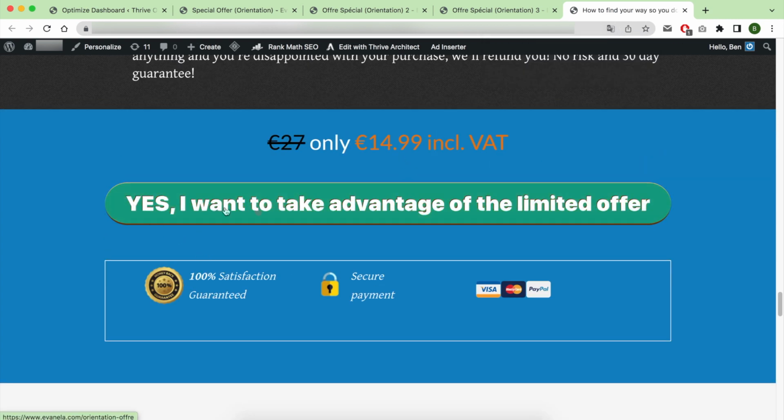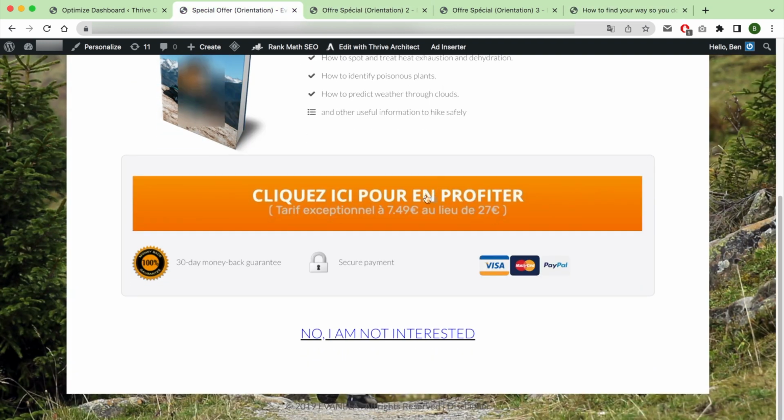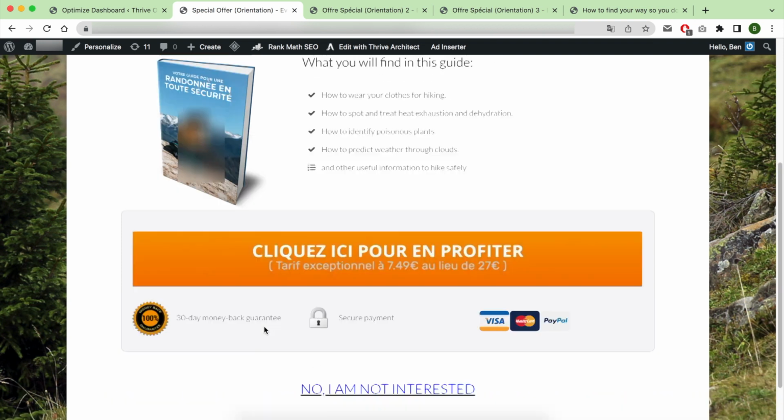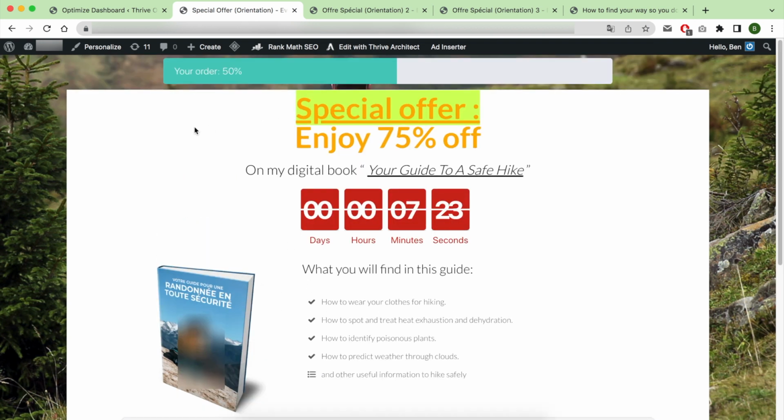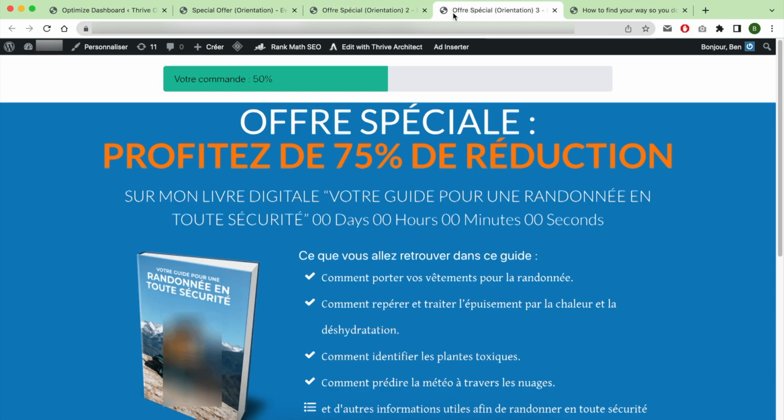When people click this, they want to take advantage of this limited offer, they will not go to the checkout page. They will go to our cross-sell page where they decide if they want to take two books with a great discount or just take the first ebook proposition. As you can see, the difference between the first variation, the second, and the third one, I think, is